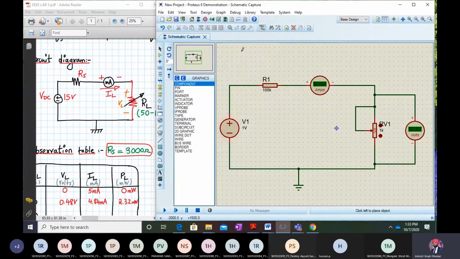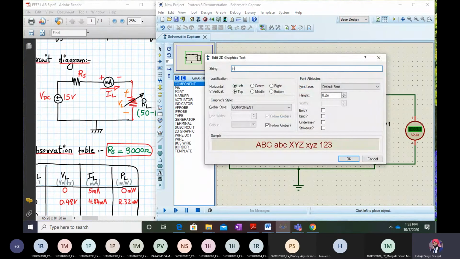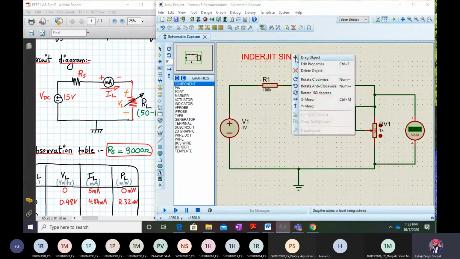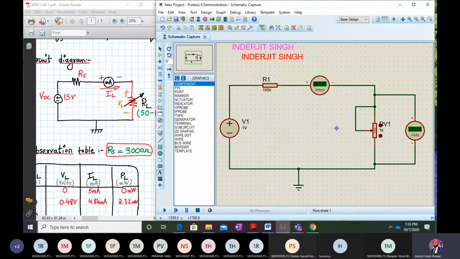So I am adding the text over here. First of all, you can add your name. So I am adding my name for reference, and you can adjust it also. You can place it somewhere up or down, and also write the name of the experiment which you are doing.